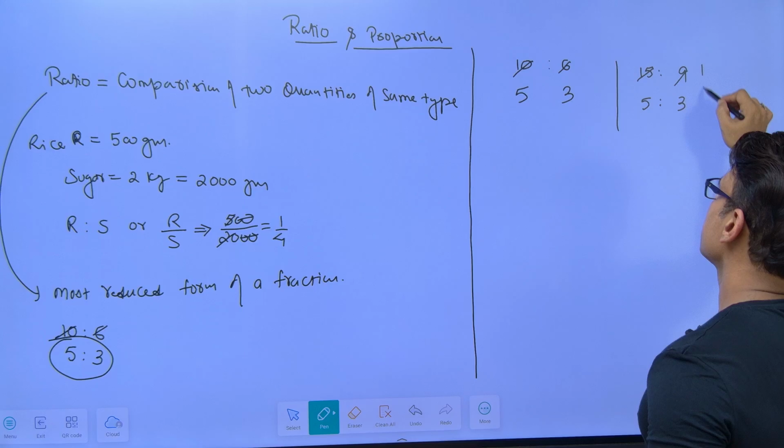Why did we take 5x and 3x? Because these two numbers are obtained by cancelling some number. What number we cancel? Like here 2 cancelled both, here 3 cancelled both, here 4 cancelled both. I don't know which number has cancelled it, so I multiplied that number which was common in both. 5x and 3x. Now you add them, 5x plus 3x, because sum is given as 32. So 5x plus 3x is,